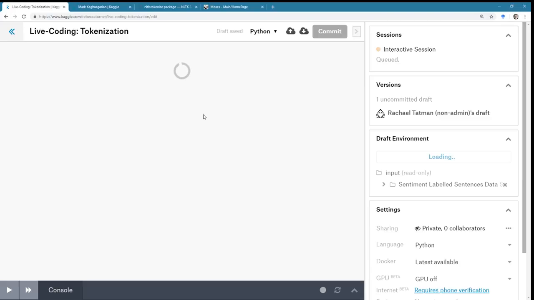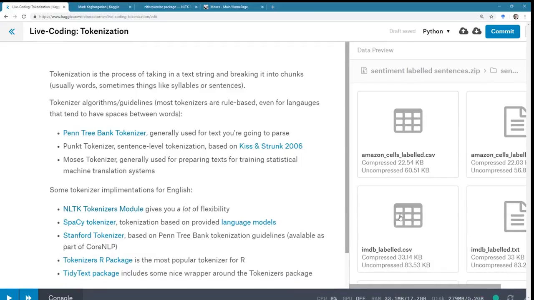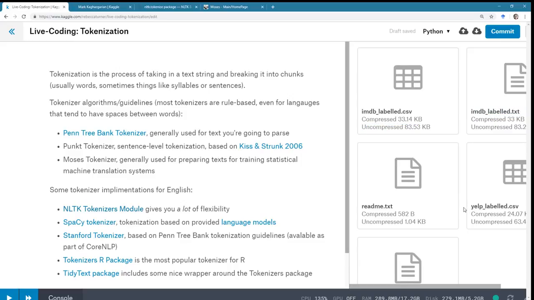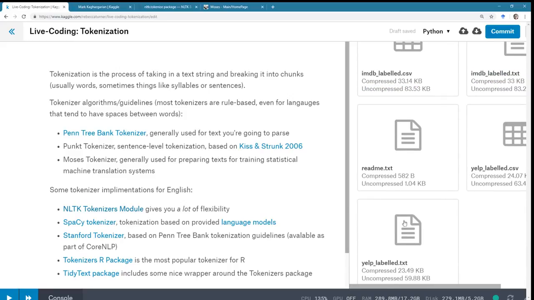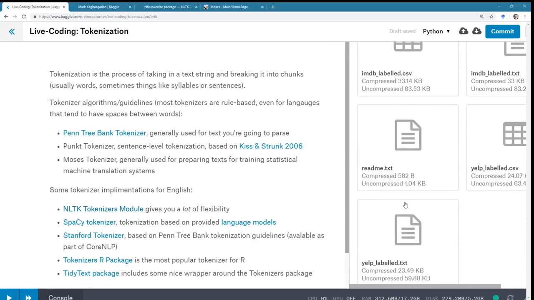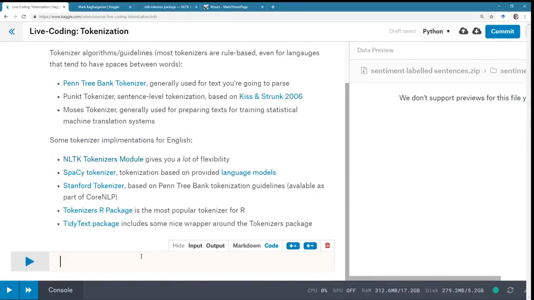So I just want a data set to be able to, if I had done more preparation, I would have picked my data set to be able to go through and label. So it looks like we've got a zipped file with some text in it, and it's going to be by sentence. And it looks like we've got Yelp, IMDb, and Amazon sells. So let's take a look. We can't see that. So let's take a look at reading in some of these files.